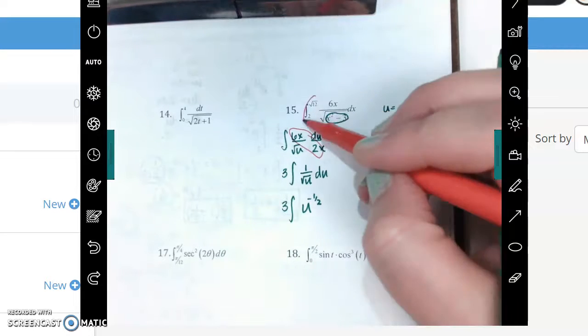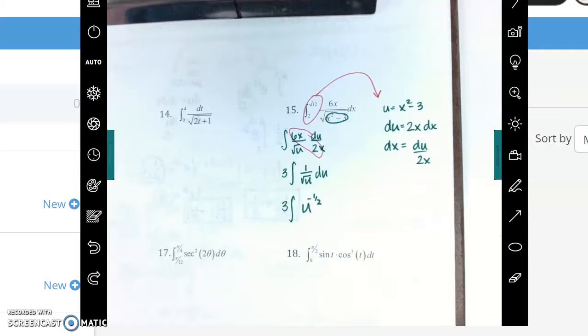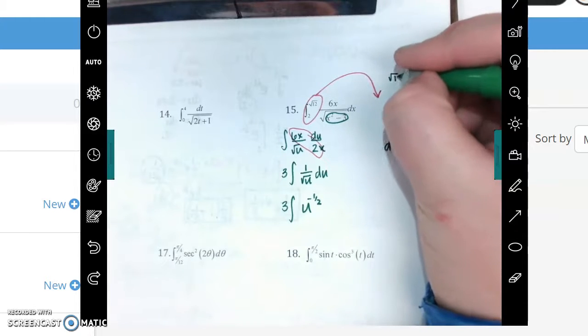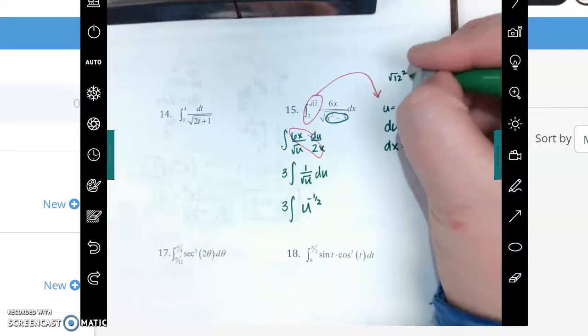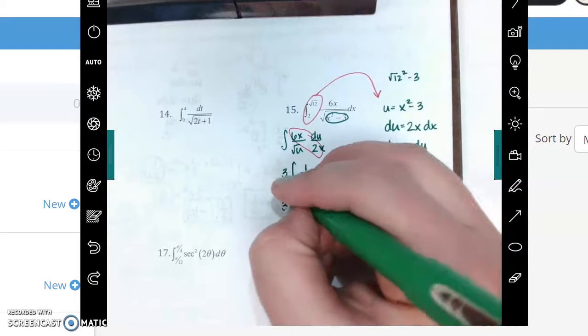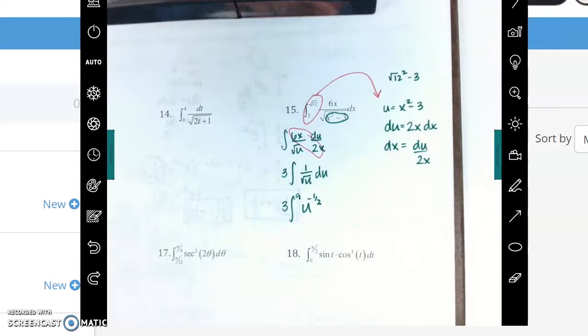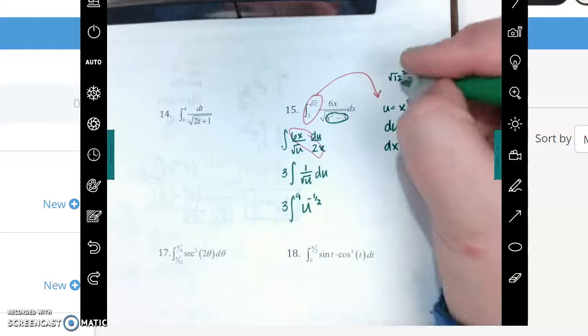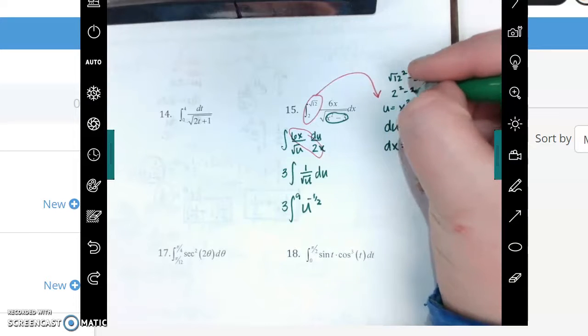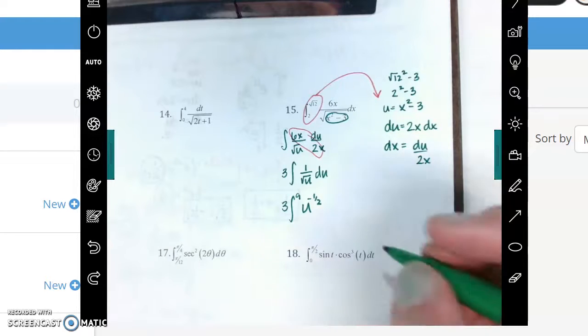So my original endpoints were root 12 and 2. Let's do root 12 first. What is root 12 squared? Minus 3? 9 on top. Next, I'm plugging in 2. 2 squared minus 3. What do I get? 4 minus 3, which is